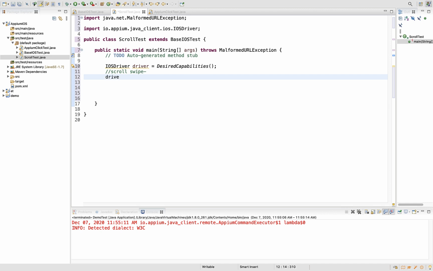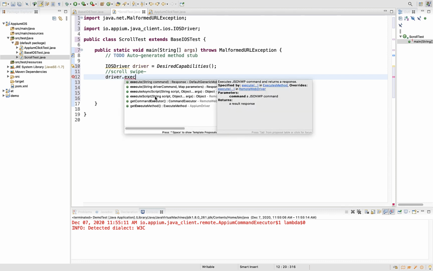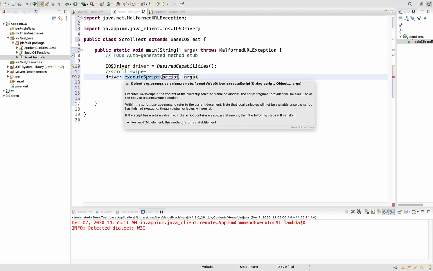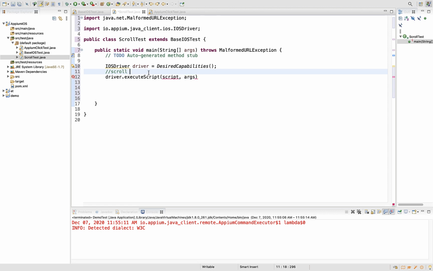That's why they have provided one method called executeScript. This one. This method supports executing JavaScript. So your JavaScript you have to write here, and the properties supporting that script should be the second argument. That's all, it's very simple guys. I'll show what script you have to write now. For scroll, you should write this: mobile: scroll. That's all. This is the simple JavaScript you have to run.